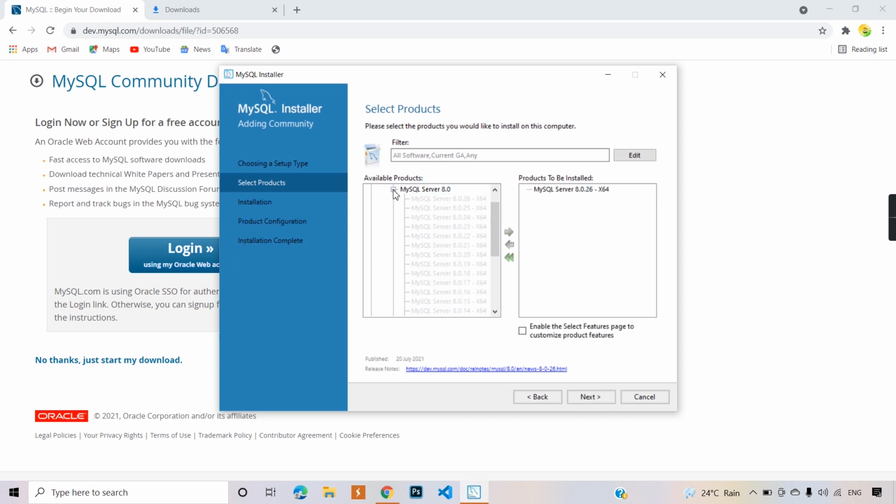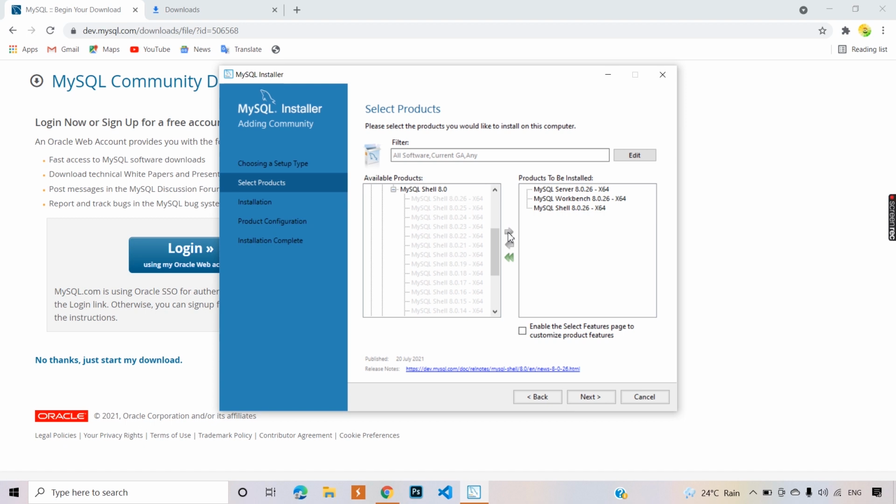After this we will go in applications and select MySQL Workbench, then select the topmost version and drag it. After this we need to download one more thing, MySQL Shell. So simply select its latest version and drag it.